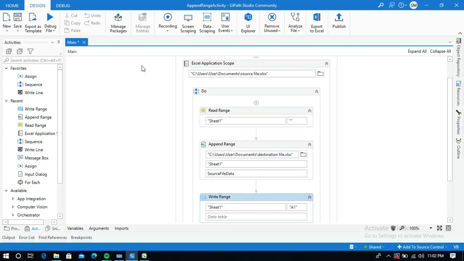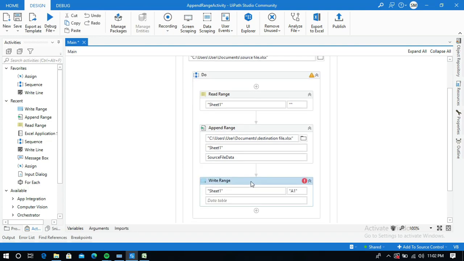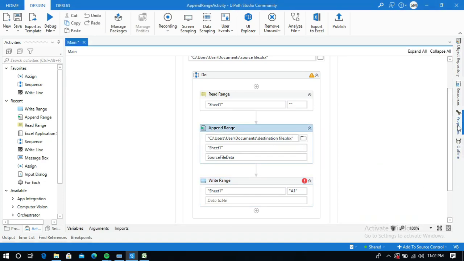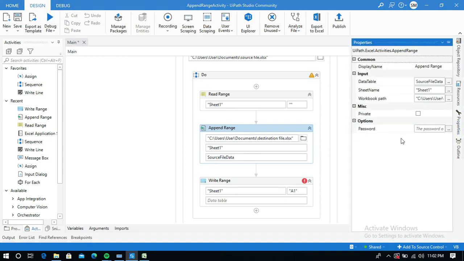So let me take this write range activity, click on this and go to properties. Here you can see some properties like sheet, cell and add headers, but you don't have these properties in the append range activity. So there is no sheet, cell and add headers property.